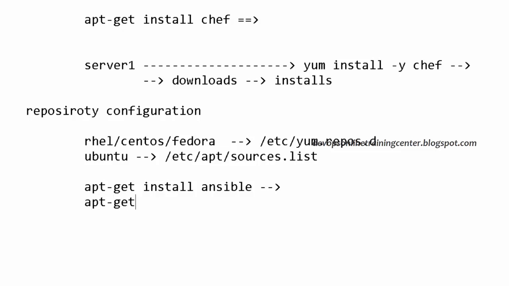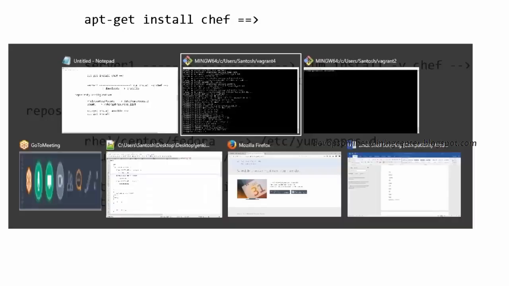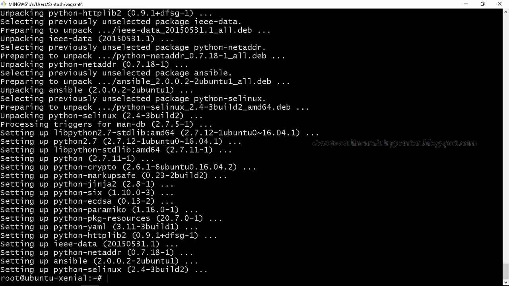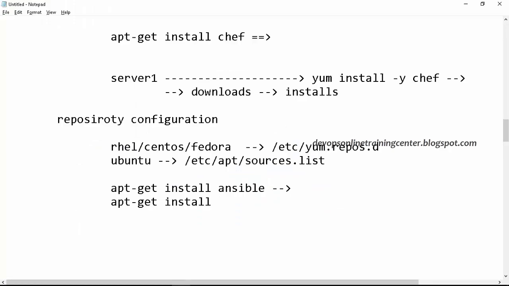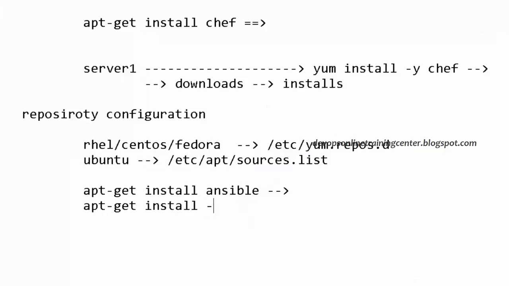It will ask for a confirmation on whether you want to install Ansible and all these packages. If I want to automate that, apt-get install -y Ansible will install without interaction and without confirmation. Okay, what is the question?